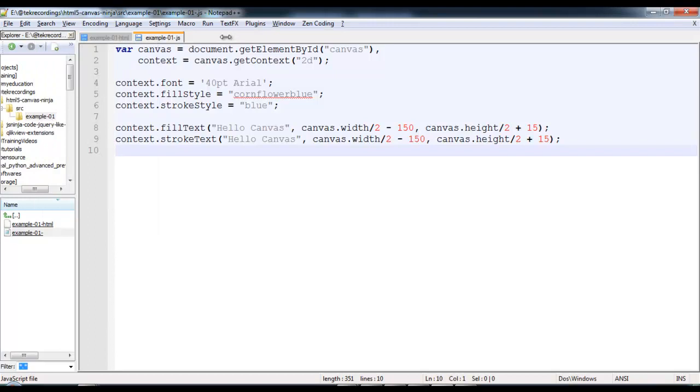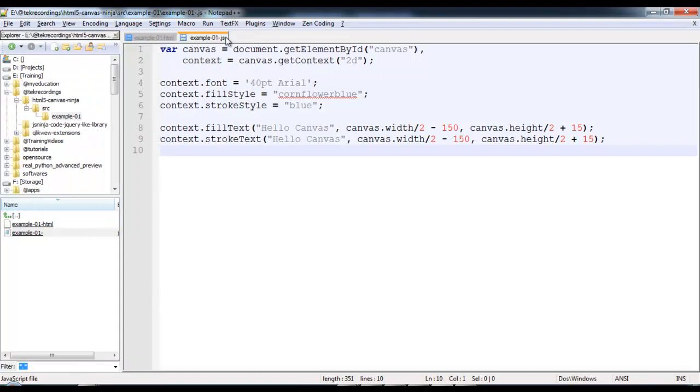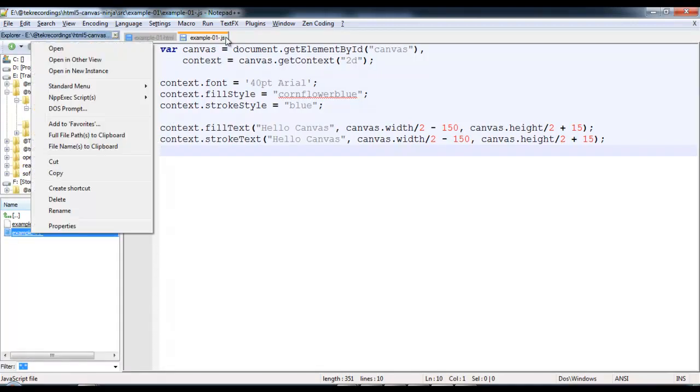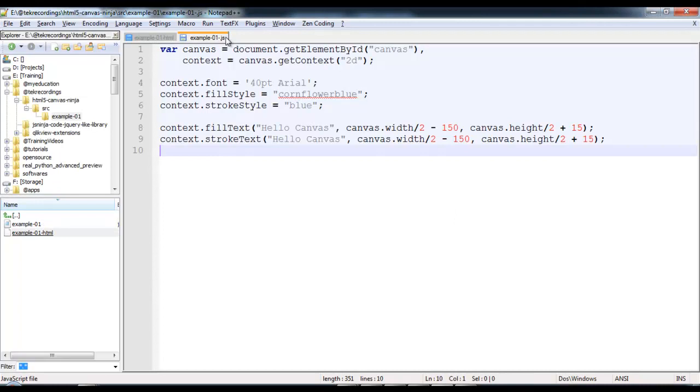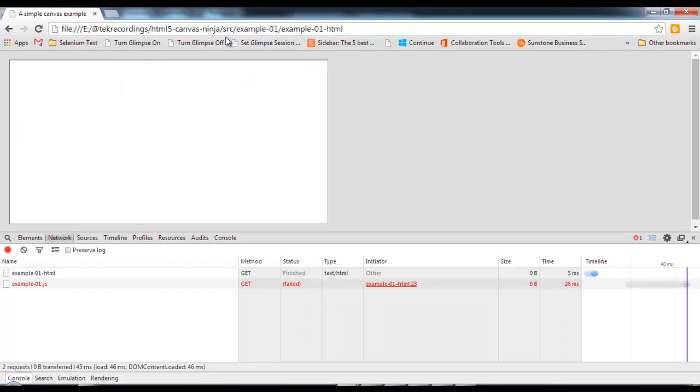I'll correct the name of the file. So now if you refresh the screen, you will find the text outputted onto the canvas.